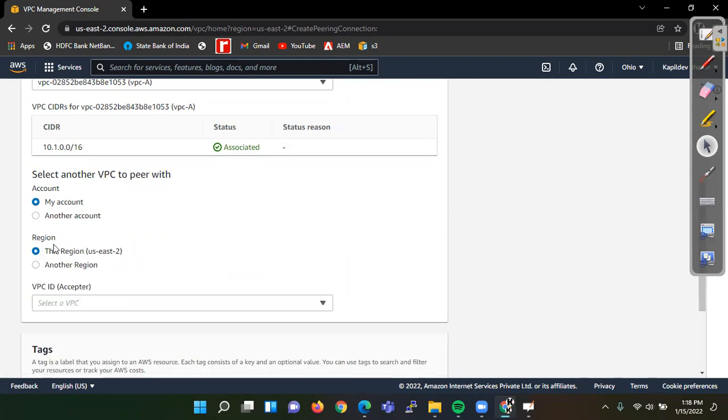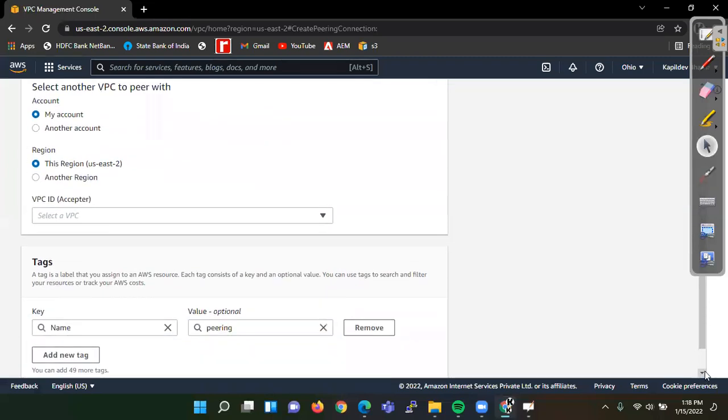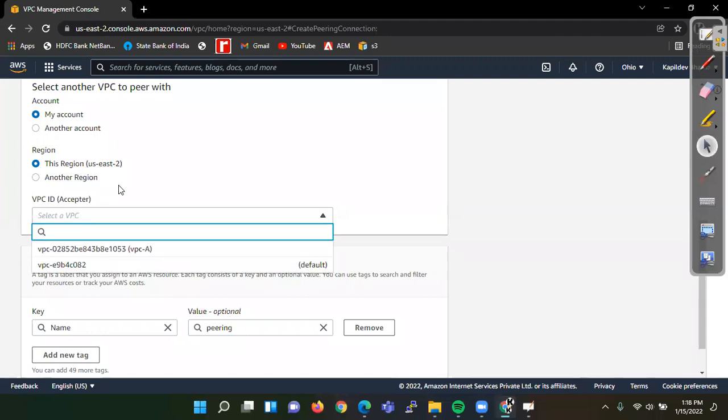Here I'm going to give the acceptor VPC ID. So we have to provide this. Am I correct, everyone?